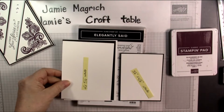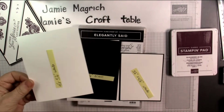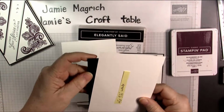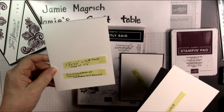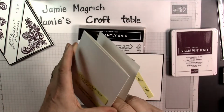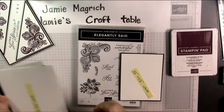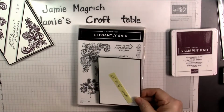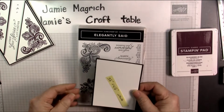Okay, and I have a 4 by 5 1/4 inch piece of white, a 4 1/8 by 5 3/8 inch piece of black, and my card base, which is 5 1/2 by 8 1/2, scored and folded at 4 1/4. I designed this card months ago, so I apologize. Okay, now the first thing we're going to do